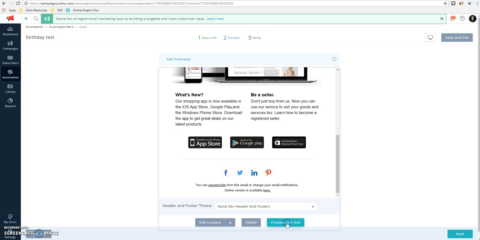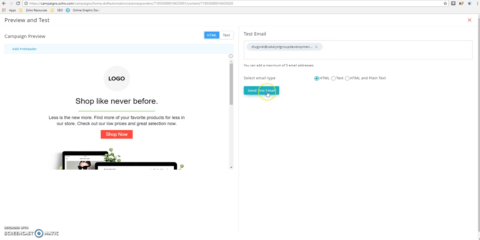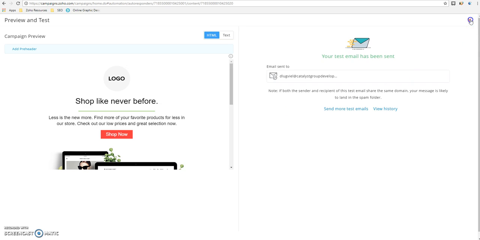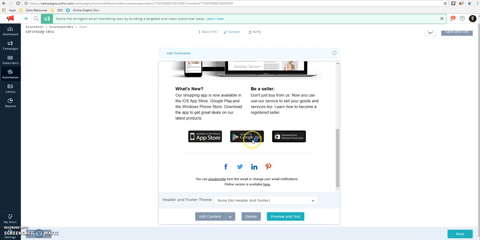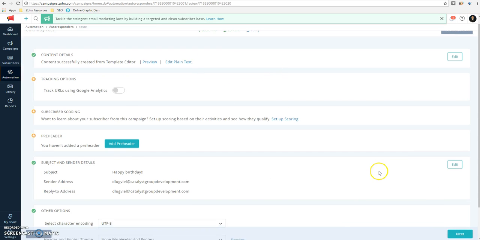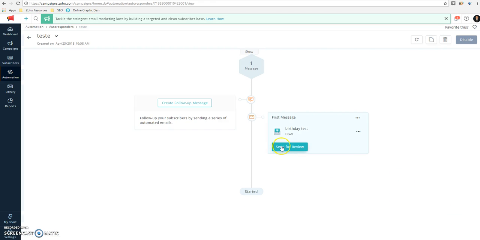If you click on this button here, go ahead and click on that, enter your test email that you want it to be sent out to. Go ahead and hit Send Test Email, and then you'll receive that in your inbox. And then you can go ahead and wait for that to come through. Check your inbox, make sure it looks good, and then if it doesn't, you can go ahead and edit it again. Or if it does, you can hit Next, continue creating or editing it, and then send it in for